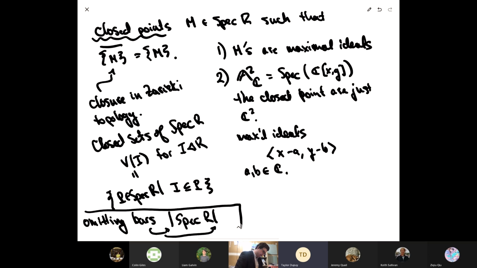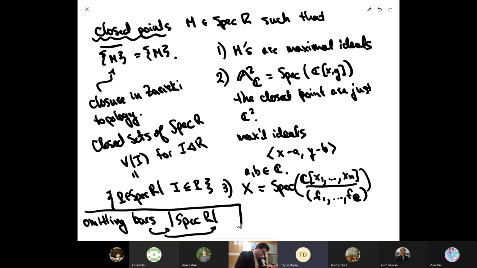More generally, if I took some variety X, which I'm going to write as C[x1, ..., xn] and then mod out by some equations, let's say f1 through fe, e for equations,